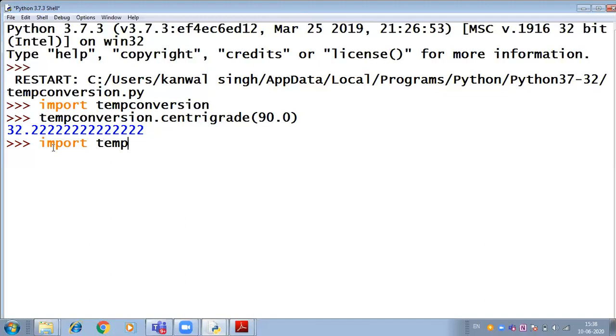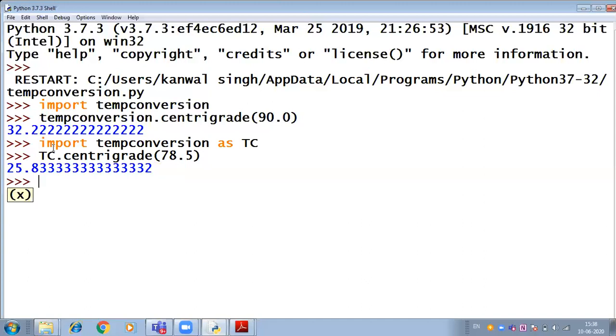Import temp conversion as TC, or any valid name you want to give. So now instead of temp conversion, we can use TC also. Now I paste it here and I put a value, let it be 78.5 this time, and I press enter. You'll get the result.